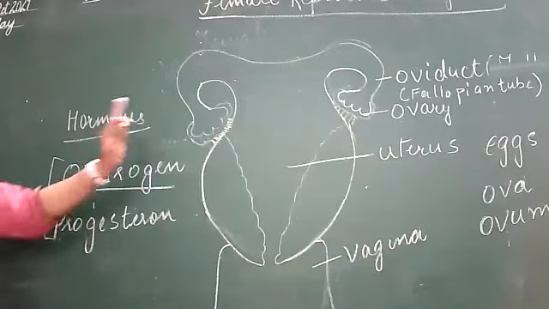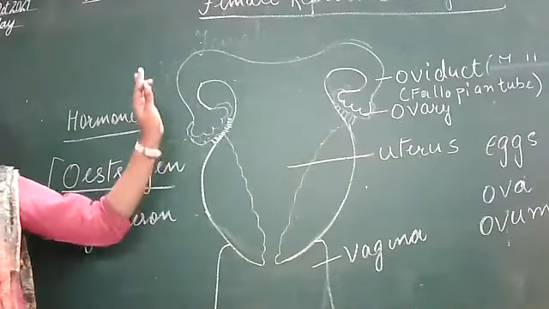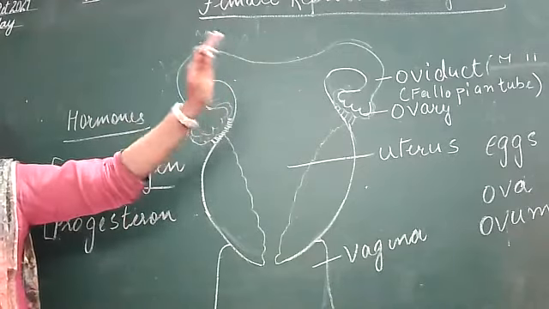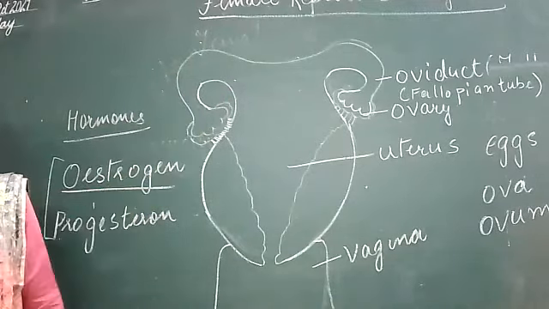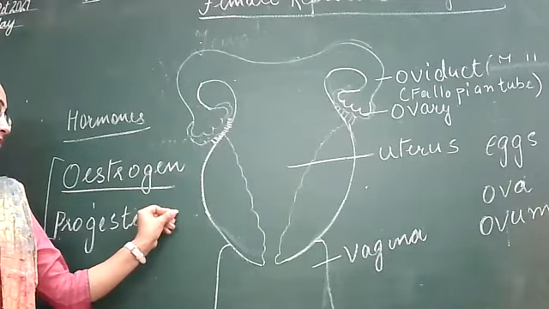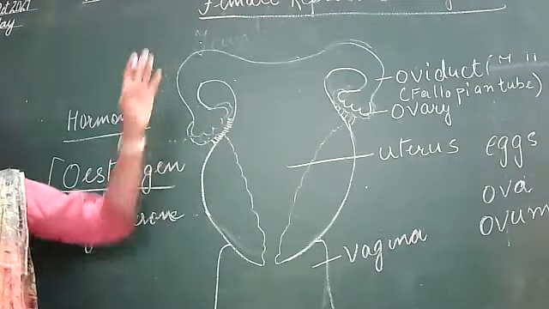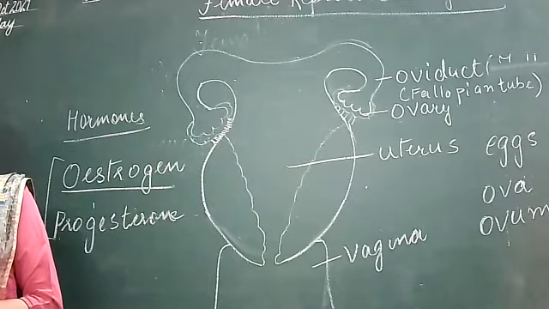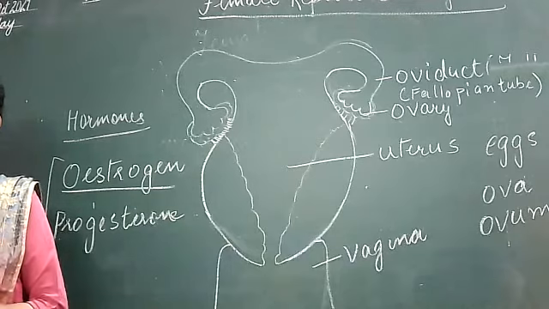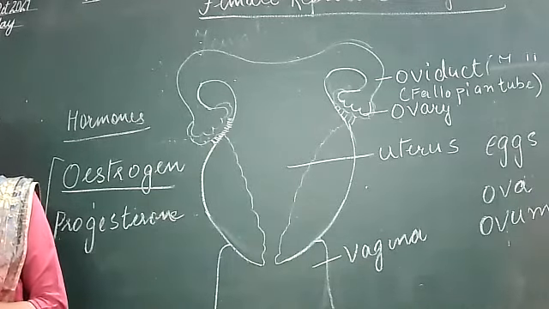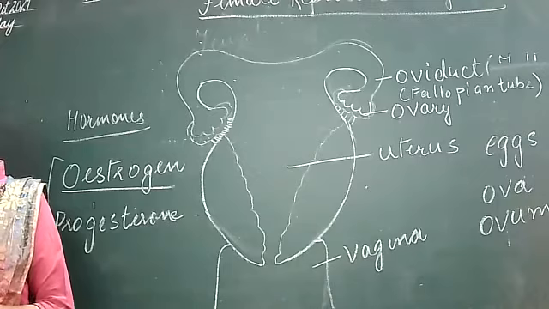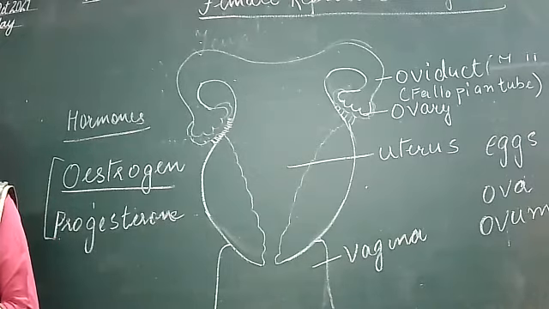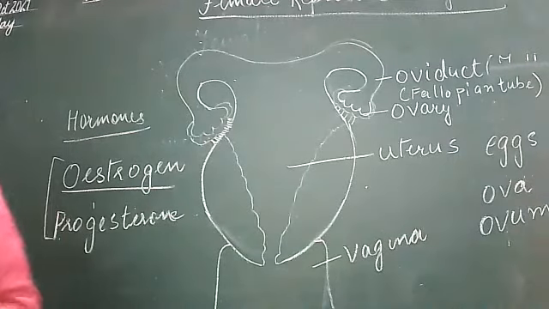See? So there are two ovaries in the female reproductive system. The function of this ovary is to produce eggs or ova. What I have done, you can see, I am explaining once along with it. And now no one will say anything. Just listen and understand. It is being explained only once. Okay?